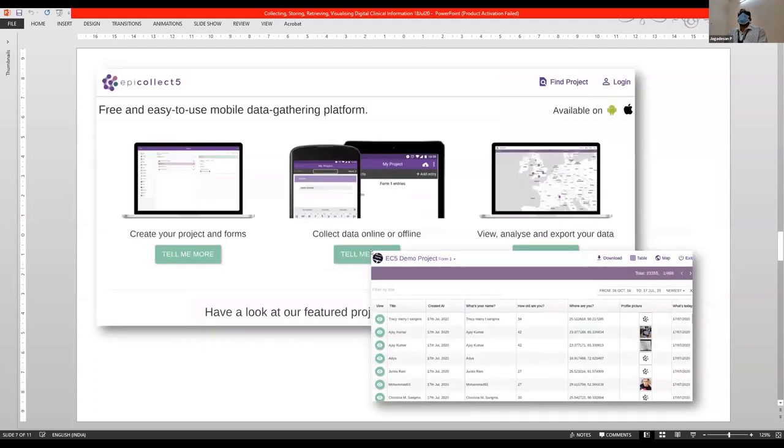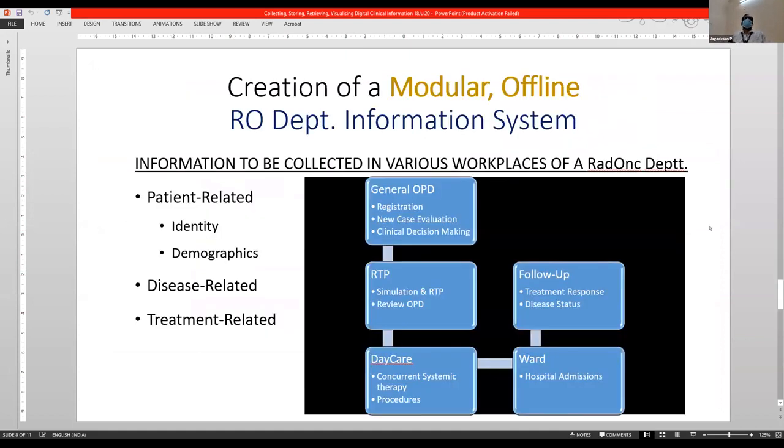And coming on to another form, EpiCollect. Here again, it is a free one, and it's available in Android as well as in Apple mode. You can download and use it for data entries. But the robust form which I found useful, and which I have tested over almost 5 years now, is using Microsoft Access.